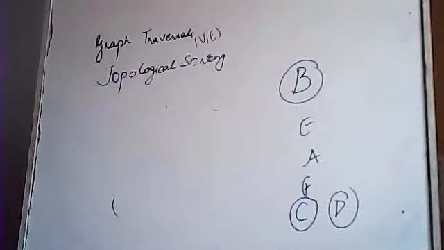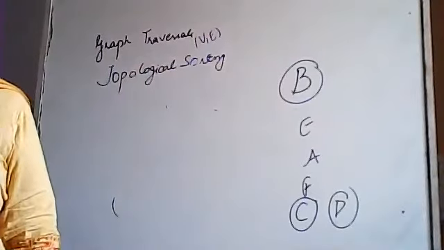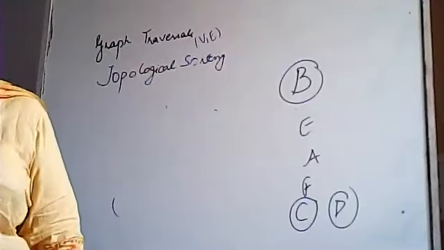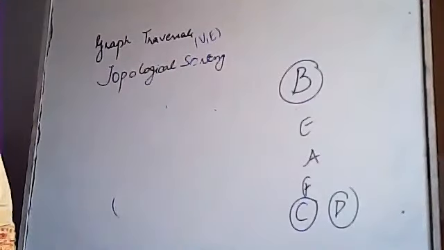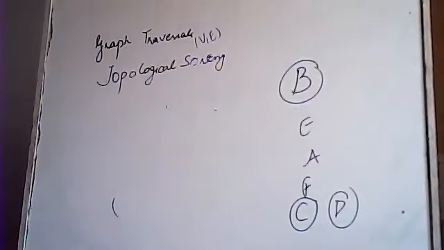This is called topological sorting. That means you have sorted the graph by using the in degree and out degree. The vertex whose in degree is 0 is removed first, then after that the next vertex whose in degree becomes 0 is removed, and so on. You have removed the vertices according to the in degrees. Okay. Now is it clear?